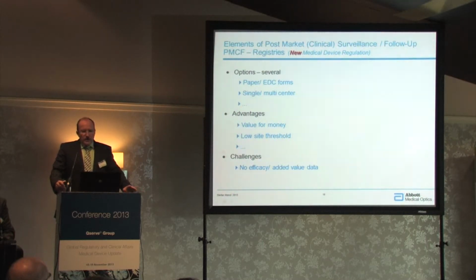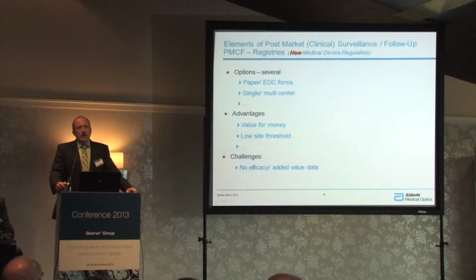Then you get into the area of papers published by or about studies. Of course, the quality depends here. It's dependent on whether this is a single-center study or a multi-center study. Advantages here: quality of data is typically very high, so you get value for the money, but typically you don't get a lot of efficacy